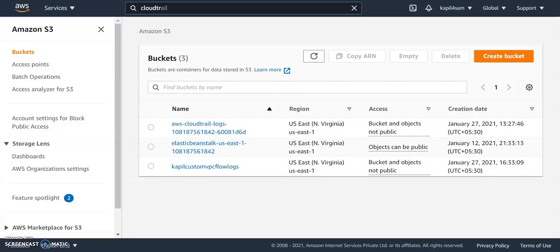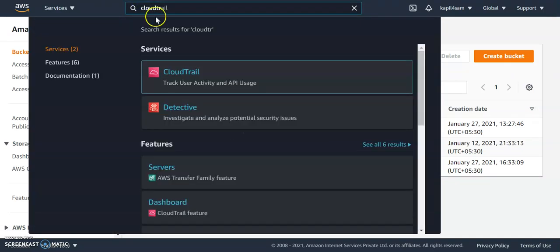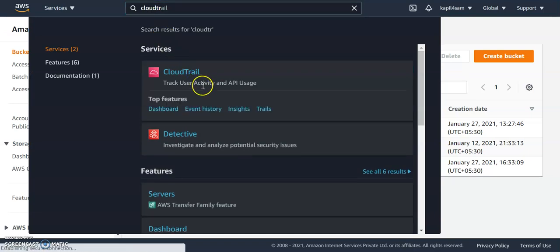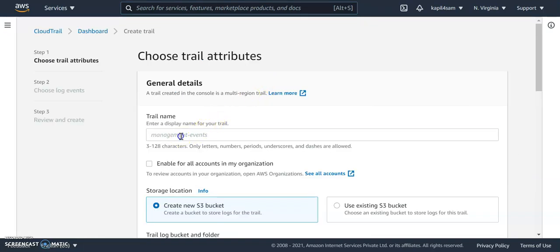For the first thing, you need to go to your Amazon account. Here I am in my Amazon account, and we will go to the CloudTrail service. Just click on CloudTrail, and you can see I have already created one CloudTrail, but I will show you how you can create your own. Here there is an option of create trail. Just click on create trail and give it a name. I would like to name it management